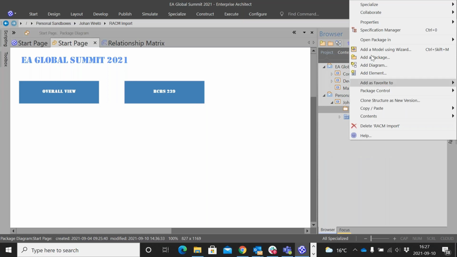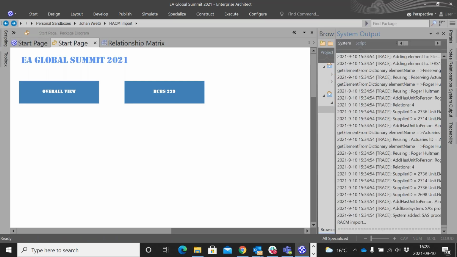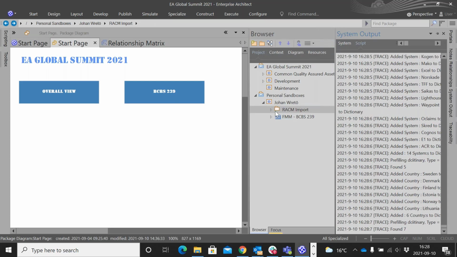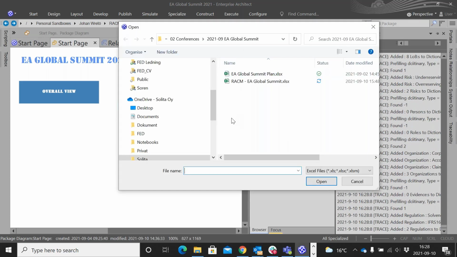To run a script, you use specialized scripts, and the script I'm running is RACM, that's risk and control matrix. So it starts with building the structure. And this is the dialog asking for the Excel sheet to open.